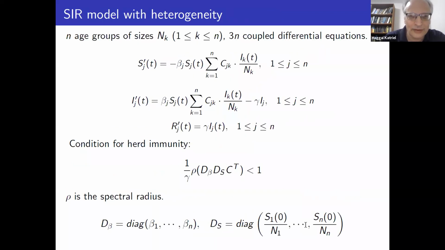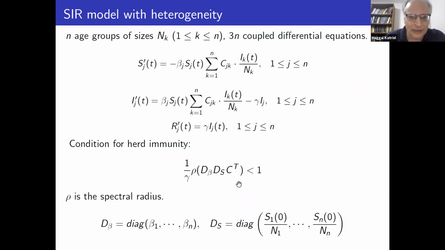So here I'm going to digress a bit from the simple model and just mention the extension of this model to n groups, to different age groups. So you just have n age groups, and they're all coupled together. So you have this matrix C, which is the average number of contacts of a person in age group J with people in the other age groups. And then you have a condition for herd immunity in terms of the spectral radius of some matrix